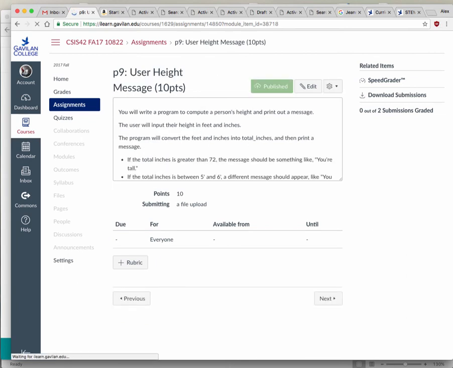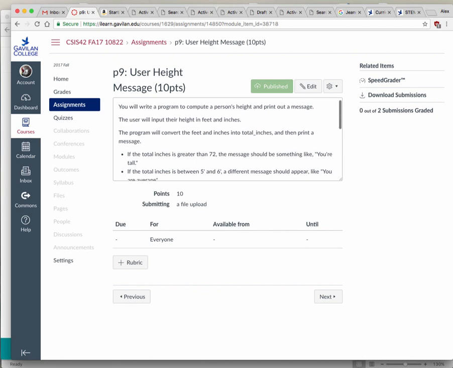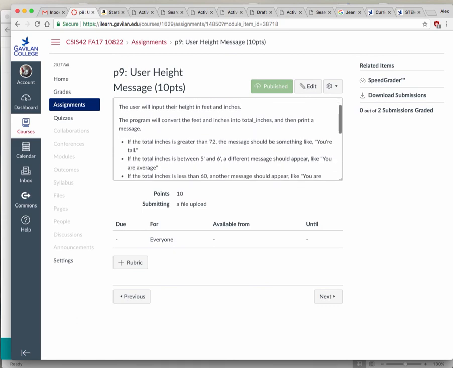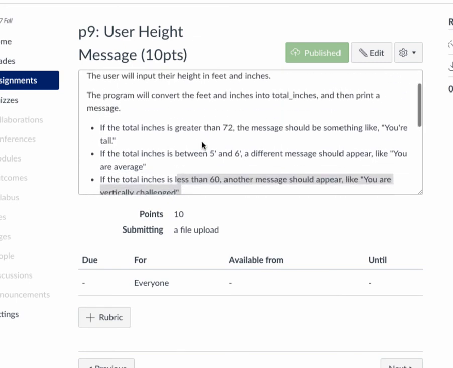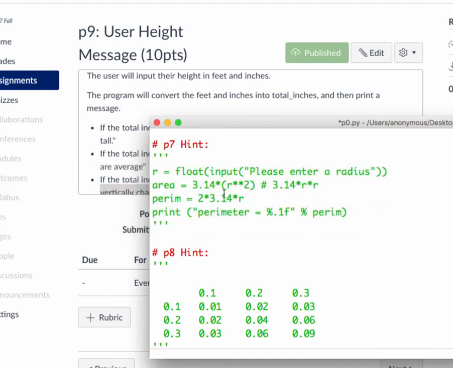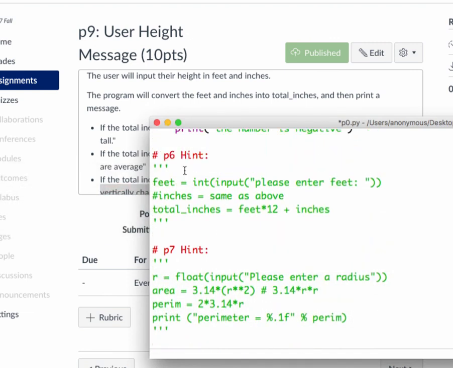Okay, user height message. All right, that one's got an if in it. So this one basically takes your program from P9, right, where you had to compute a person's height, and now you're supposed to give them some kind of a message. 3 different messages. One message is if they're over 72 inches. One message is if they're between 5 feet and 6 feet. And another message is if they're less than 60. Okay? So let's go back to the thing. So this was, I'll call this P9, P8, P6, and P9 hint. Okay? So once I have my total inches figured out,